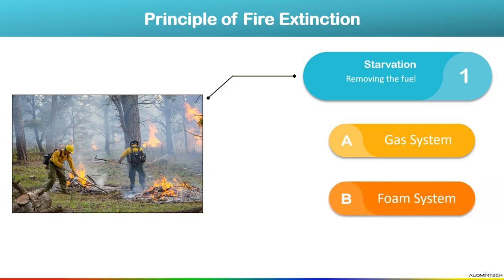Now the second is our foam system. What is a foam system here? A foam suppression system uses an extinguishing agent that can extinguish flammable or combustible liquid by cooling. I think all of you know about flammable liquid: simply a liquid which can be easily ignited in air at ambient temperature. If you want to extinguish that type of fire which occurs in a flammable liquid, we have to use the foam system.